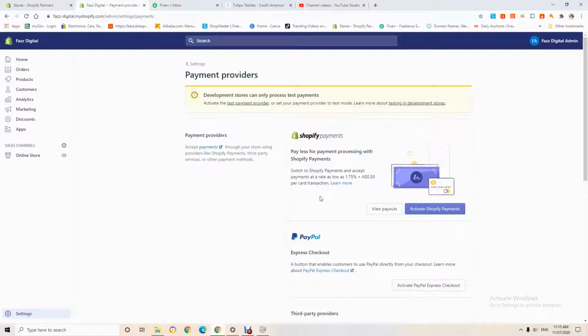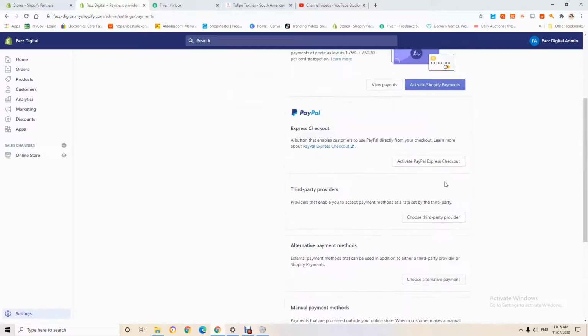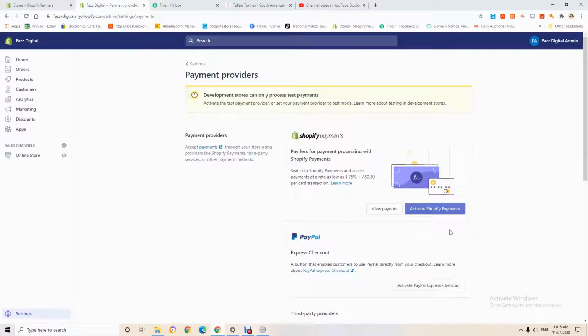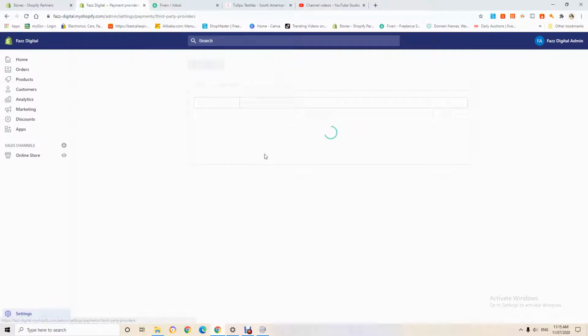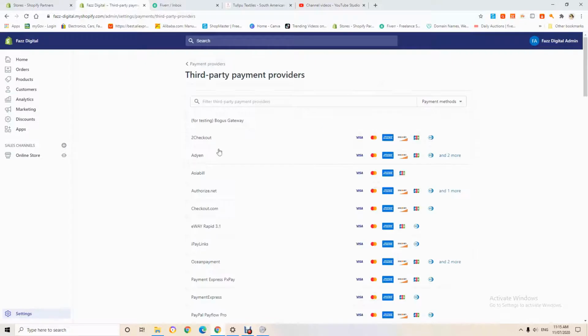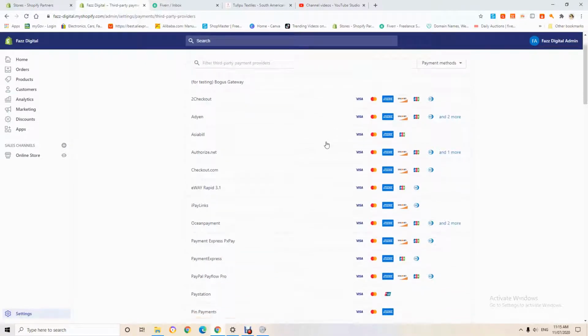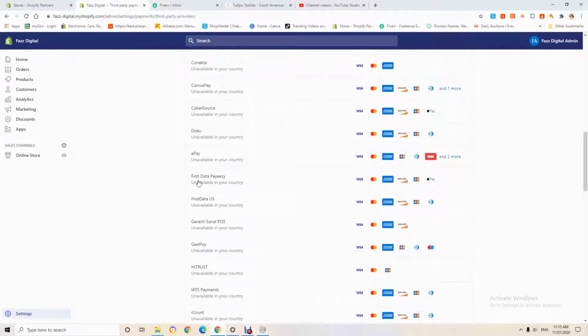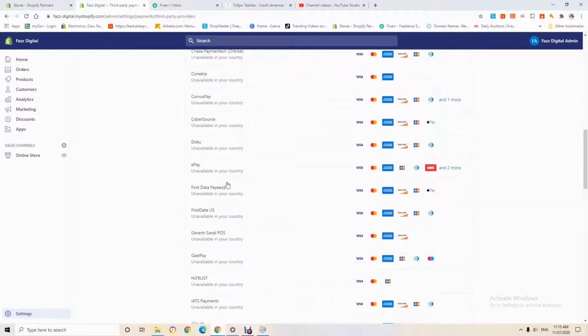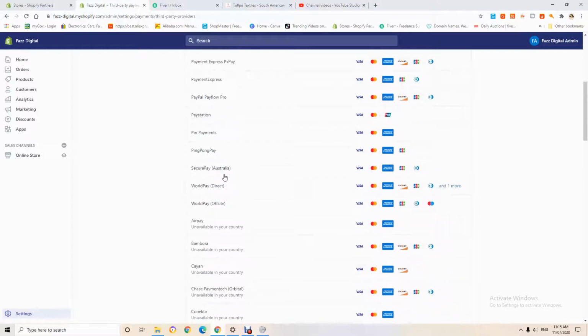So when you come in here, you're going to have this here, like nothing has been set up. And what we want to do is primarily you want to have Shopify Payments and PayPal. You can go through a bunch of the third-party ones, and these are really great for some countries, and it'll tell you, see, unavailable in your country. So, I can't do these ones here in Australia,